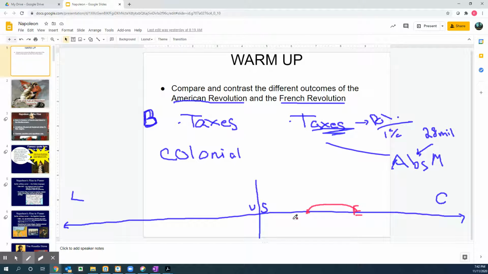Because again, we know that roughly only 10 to 15% of the populace end up actually having any sort of voting and political power by the revolution's end in the formation of the Constitution. Let's switch colors again. We'll do green, even though it has nothing to do with the French Rev. So we'll do F for France.